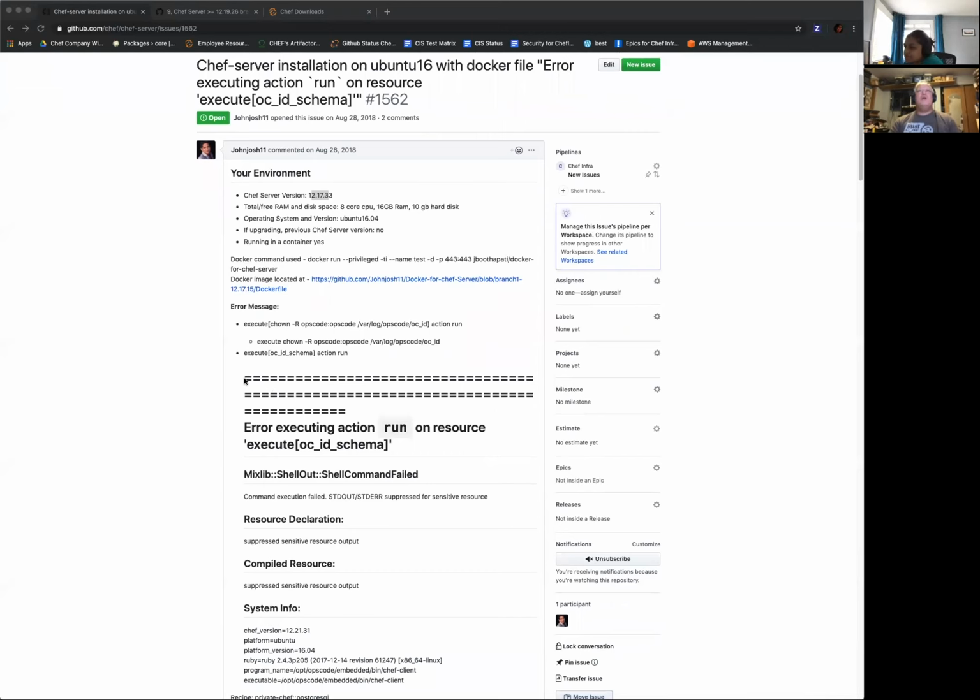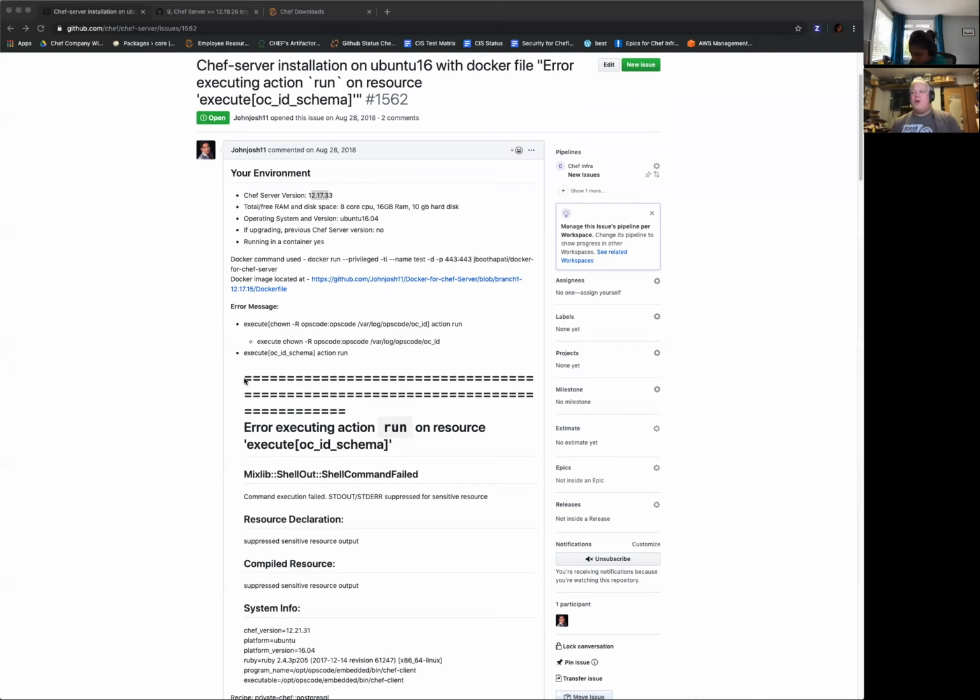So they're using... I don't know. Historically, we ended up doing the Habitized Chef server because we hit our own issues getting Chef server running in Docker.